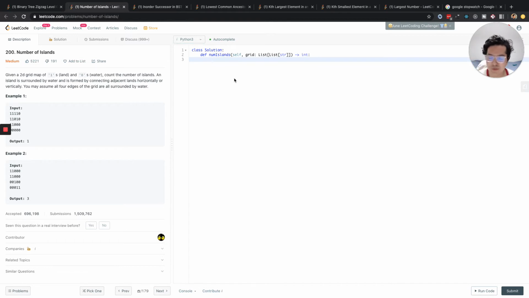No. So this might be row times column space, because you are replicating a visited array to keep track of nodes you visited. So let's see, for row in matrix, and then false for col in, actually false for